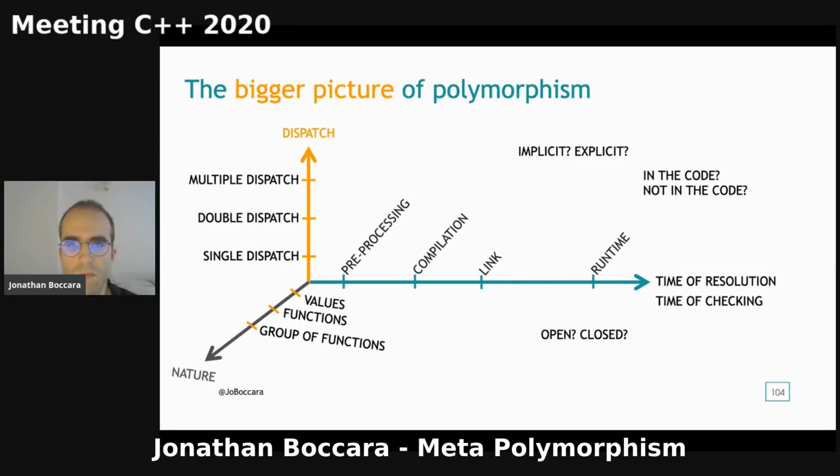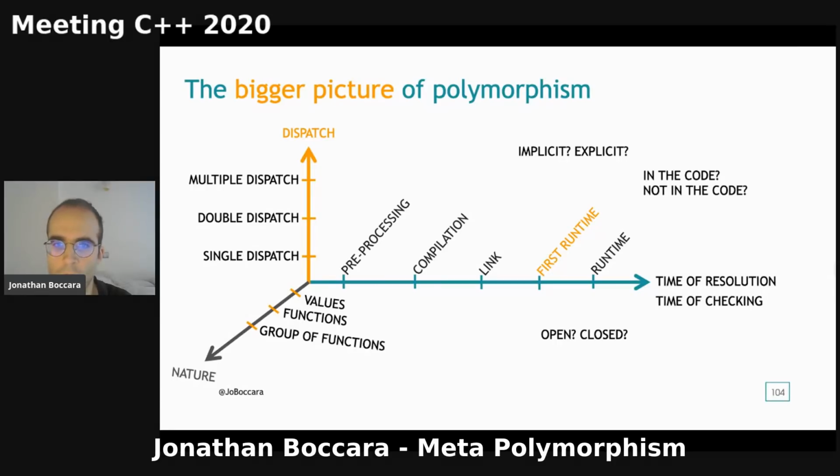Now, this bigger picture of polymorphism, I think it's valid beyond C++, in other languages as well, right? For other languages, there are some various times of resolution. There are some various granularities of dispatch, various values, and all those dimensions, and perhaps more of them. At least there are some other cases for those dimensions in other languages. I'm not familiar with that, so I'm not going to get into the details, but I know that some languages, for example, Java, if I understand correctly, has a specific time of resolution in some cases at the first call at runtime, and then it somehow changes the compiled code,